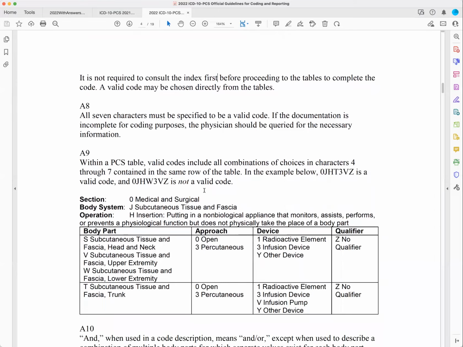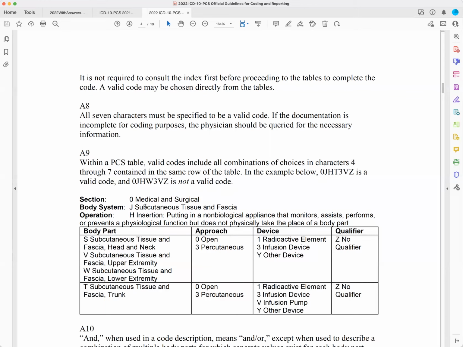Within the tables, valid codes include all combinations of choices in characters 4 through 7 contained in the same row. So this means stay in your lane. The first 3 characters are always going to be up at the top of the table, and then you build the rest of your code by selecting a character value for your 4th, 5th, 6th, and 7th characters. So this guideline gives you the example that 0, J, H, so that's the first 3